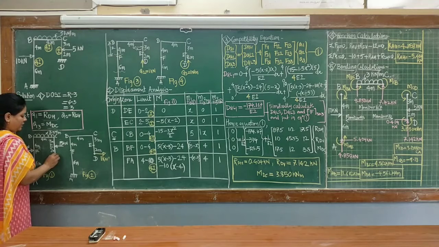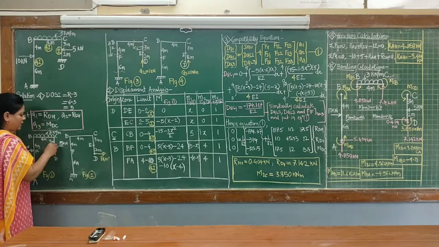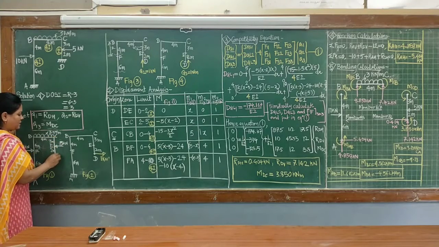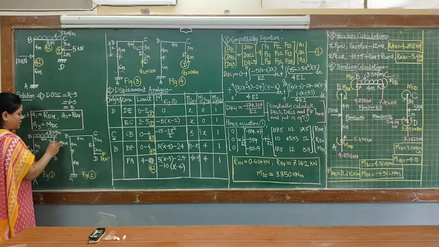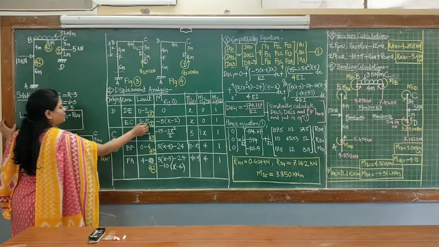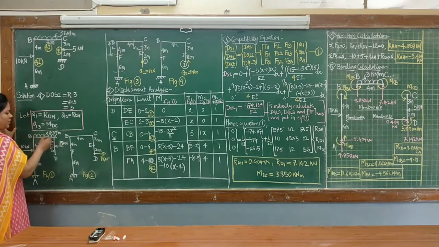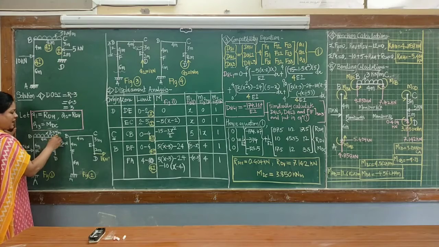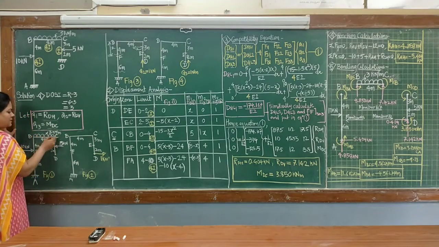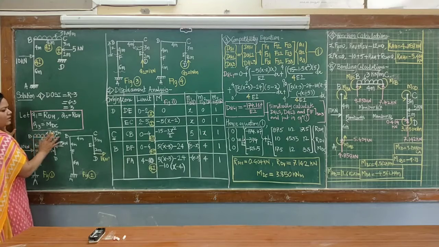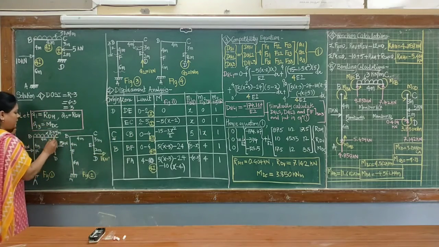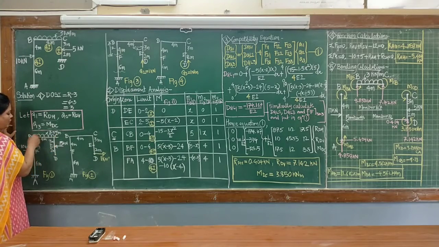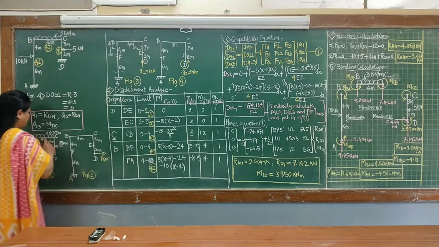Now limit, here D is the origin, from D to E the limit is 0 to 2 and from E to C the limit is 2 to 5 because the total distance from origin up to C is 5 meter and for this E the coordinate is 2 meters. So therefore the next limit is 2 to 5. Now next, as the orientation of the member changes, we'll change the origin here. So instead of D, now we'll select this C as origin, C to B. As the load is constant over this, we'll consider it as one zone CB, and the limit for this, C being the origin, is 0 to 4. That is the limit for this CB zone.